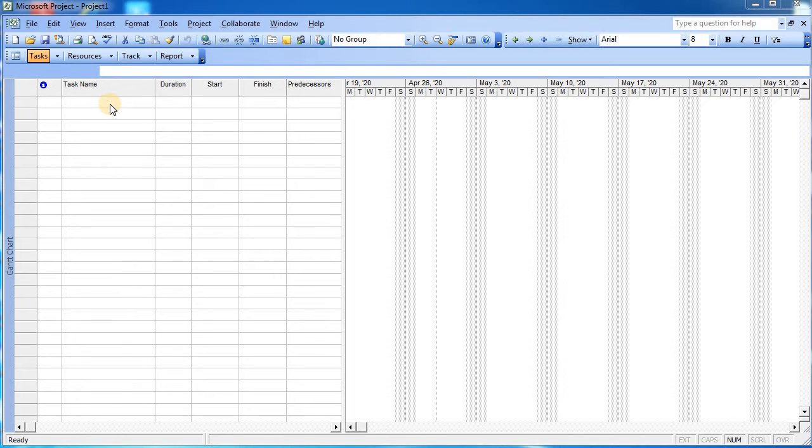So for better controlling, we group the activities which are related to substructure under one main heading, substructure, and all the superstructure work under the main heading of superstructure. This is how we divide the complete project into sub activities or tasks or groups. This is called work breakdown structure. Now while inserting the tasks and understanding which sub activity is coming under which main activity, we are in need of some codes. This code provision can be achieved in Microsoft Project Planner with the help of the command WBS.